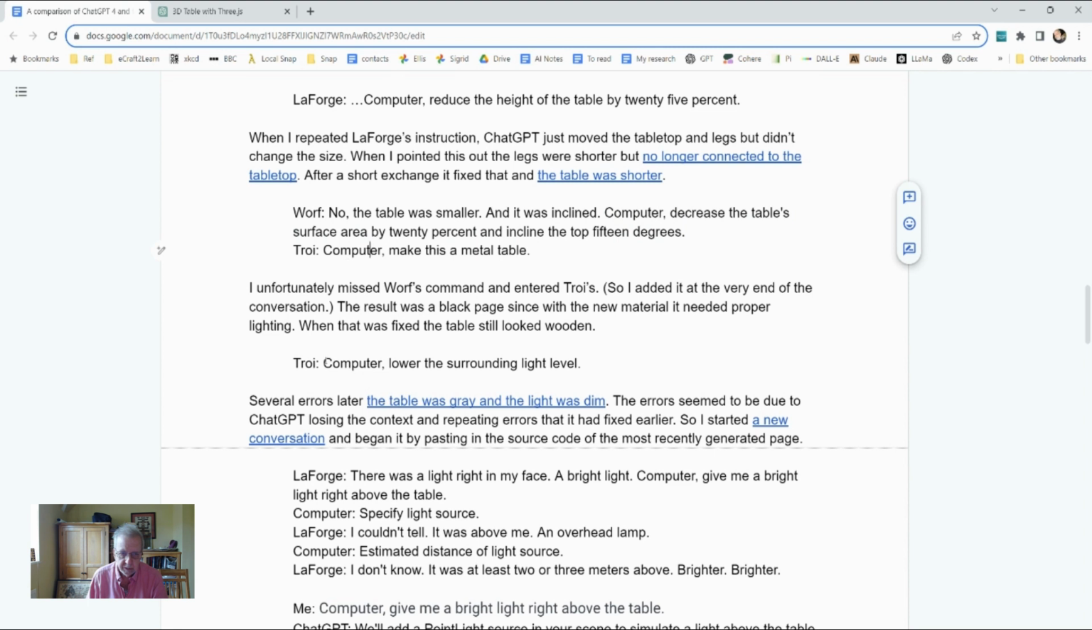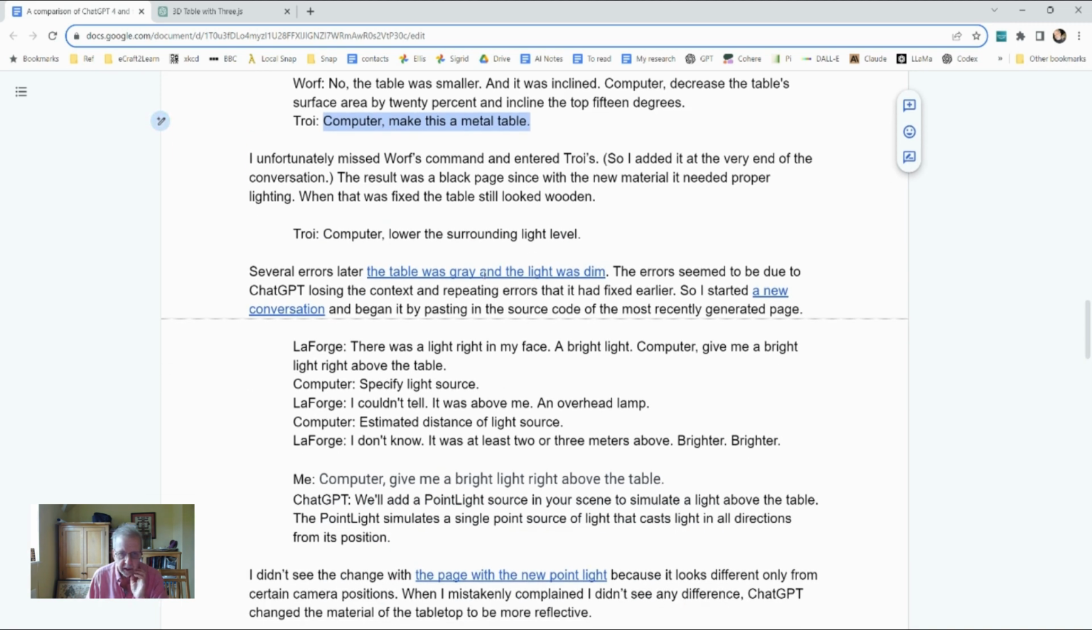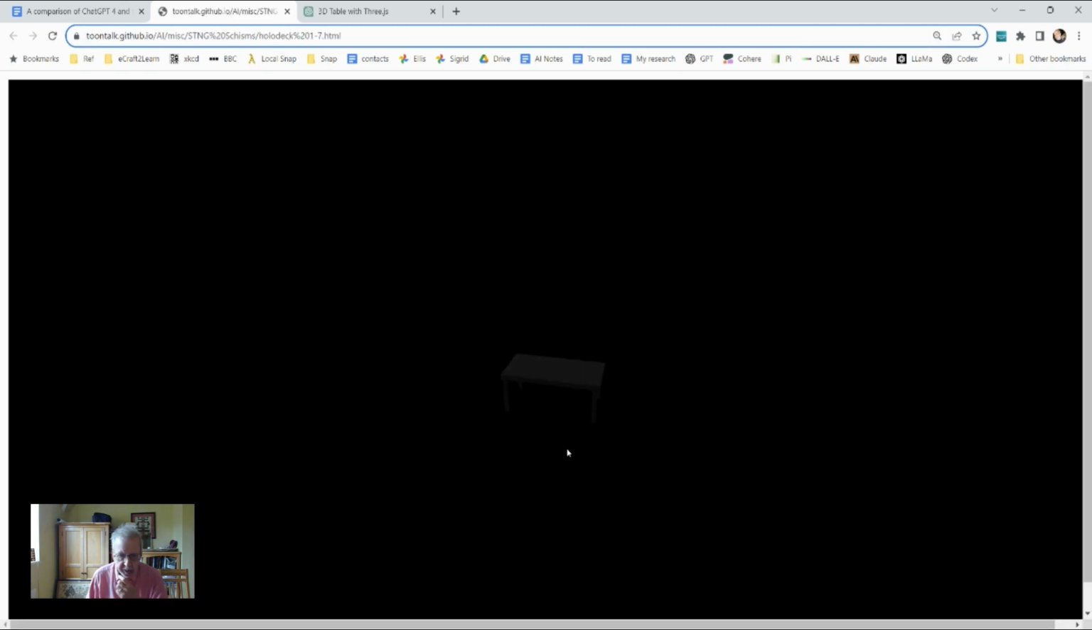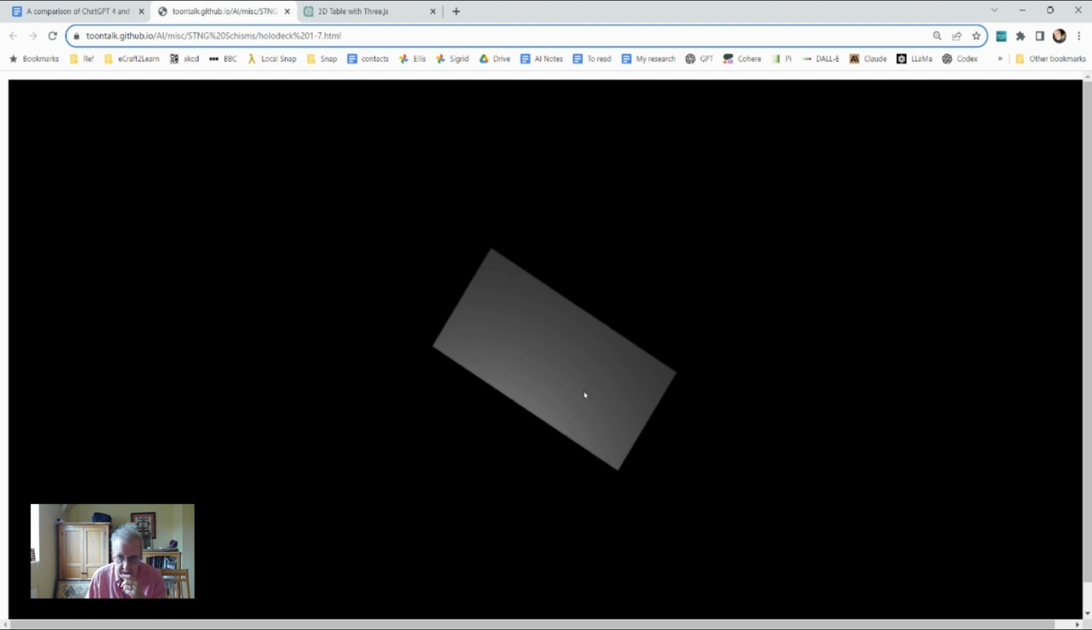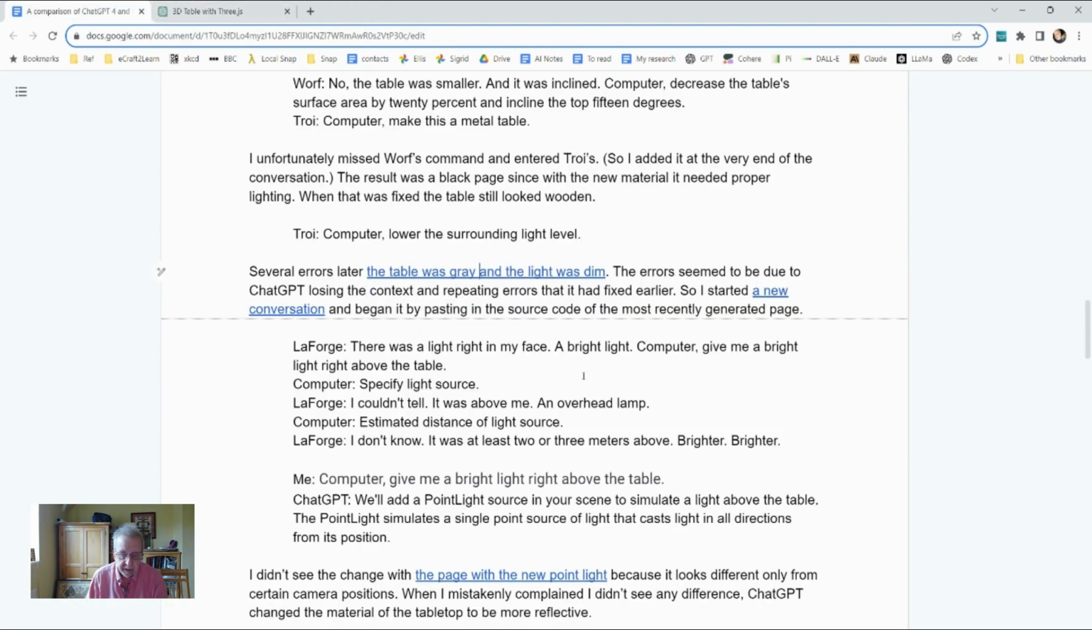So the next thing I did was Troy's command to make the metal table, and I didn't notice the Worf one, so I skipped that. So there was still some more little back and forth. By the way, somewhere it said it's supposed to be dim, and there's supposed to be a light from above, and I didn't really realize that only if I look at it like this am I going to see the light. So I incorrectly told it that I couldn't see